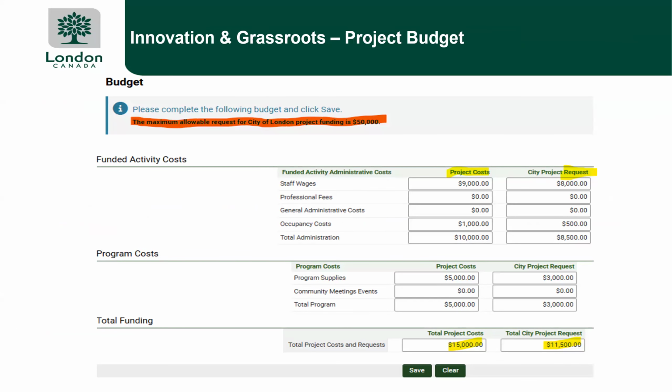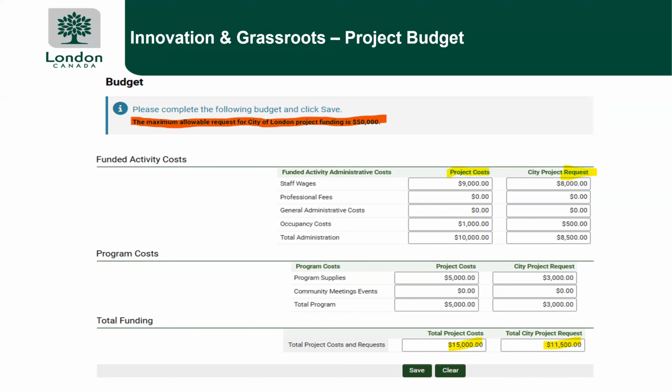So here is the budget that will open when you click the green button. A reminder, like I said at the top, the little blue eye icon is a reminder, and this reminder is the maximum request for funding is $50,000. So you'll see for each of those budget lines, we have 2 columns. One is the actual project costs, and one is how much you're requesting the city to support in funding.